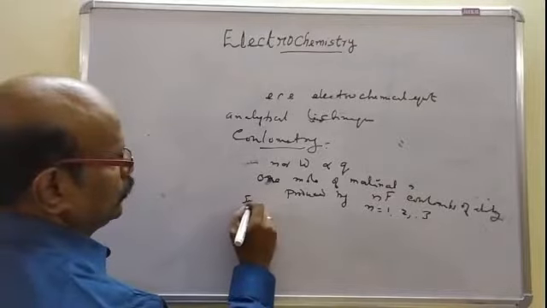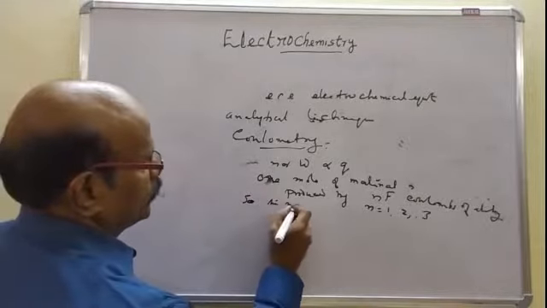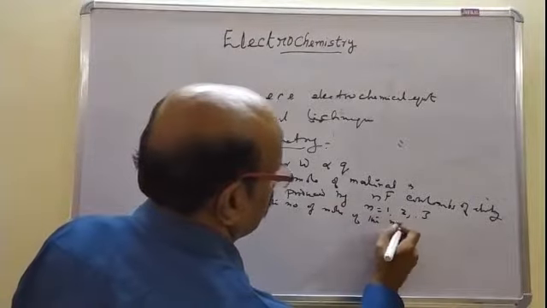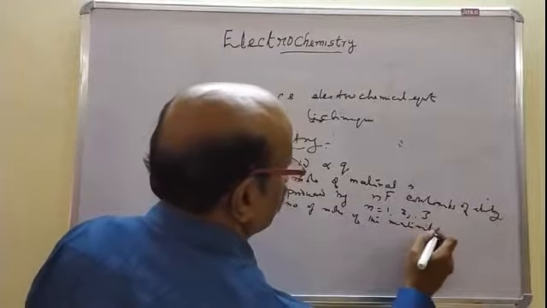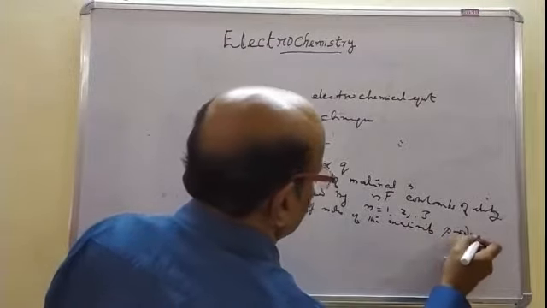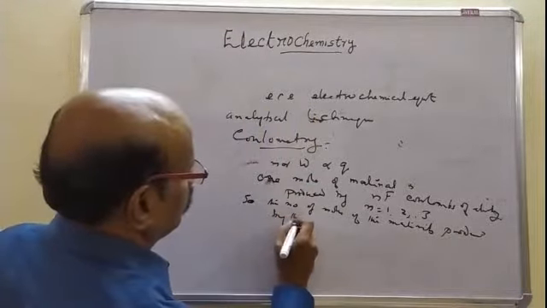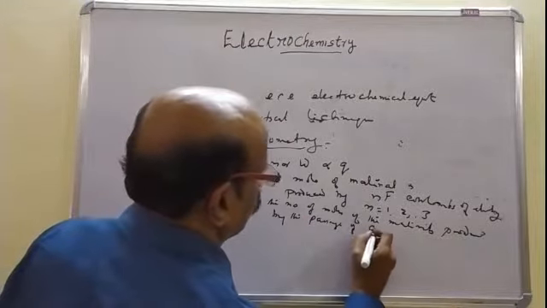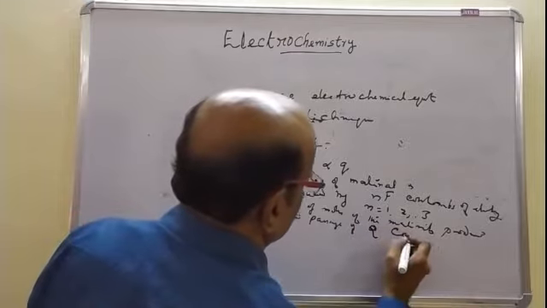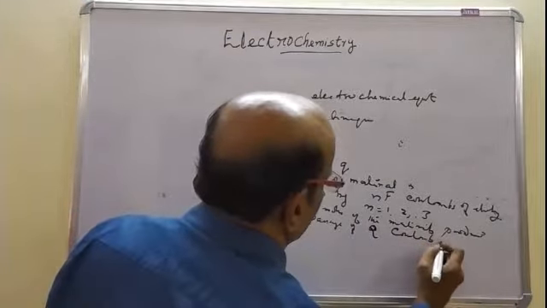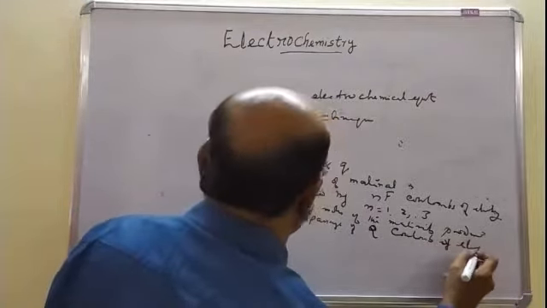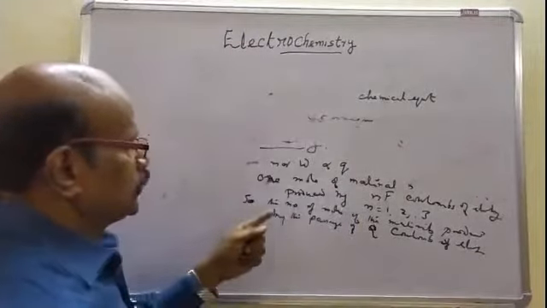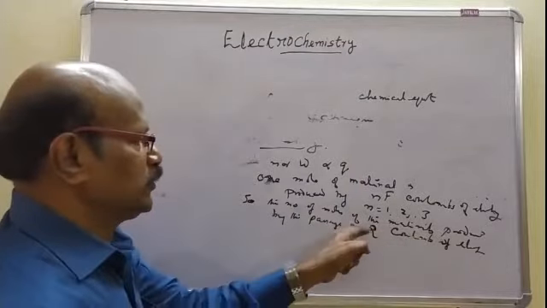So the number of moles of the material produced by the passage of Q quantity of current, Q coulomb of electricity is. Now the equation becomes, the number of moles of the material that is produced by the passage of